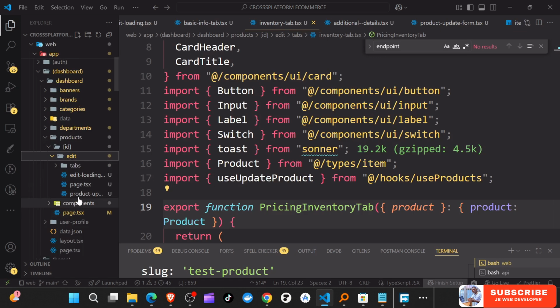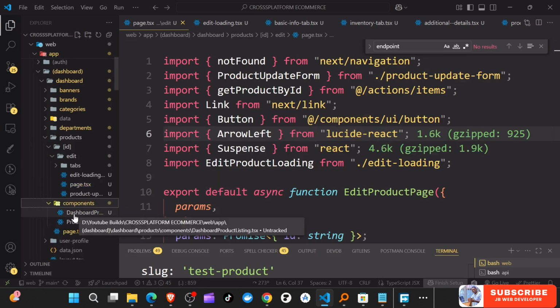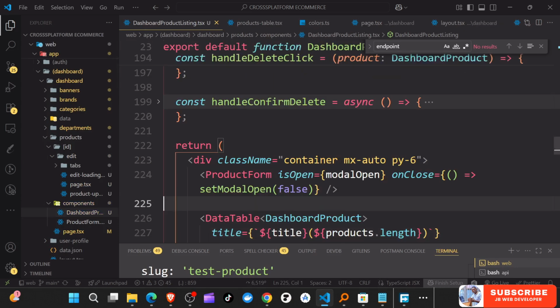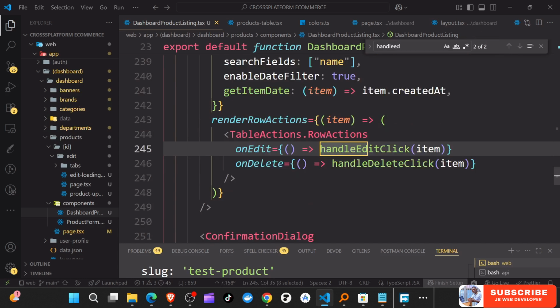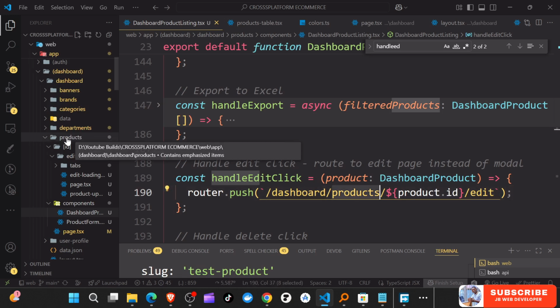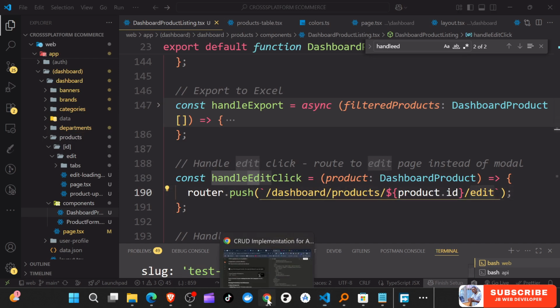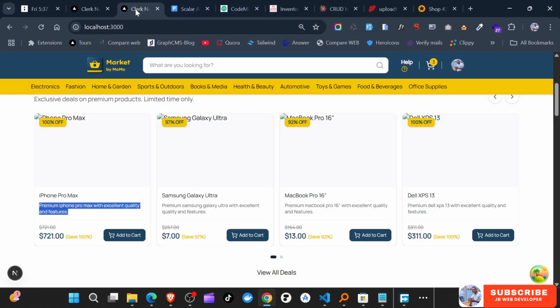So if we go to the edit page, let's first go back to the components and we go to dashboard. I'm just going to go to where we have the handle edit. So if you see here now that we pass in the item and we are pushing to dashboard products, which is good. Dashboard products, and then product ID, edit. So that's the right place. So if I just go back in here,